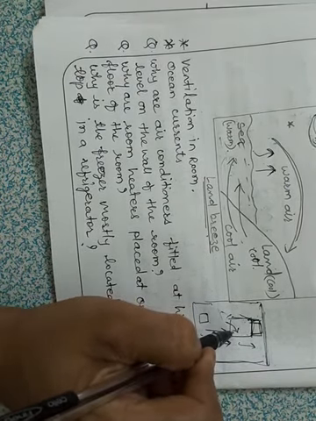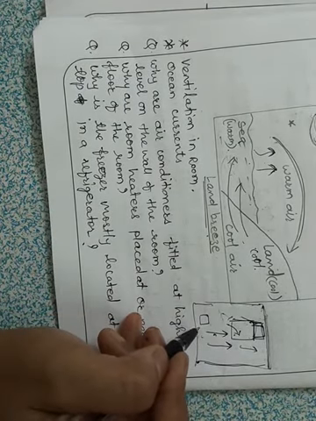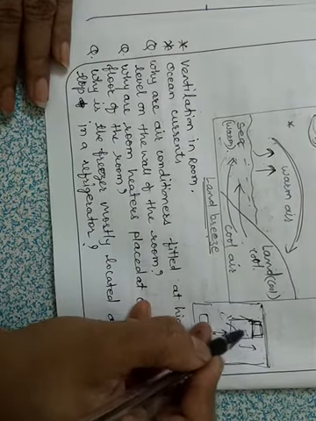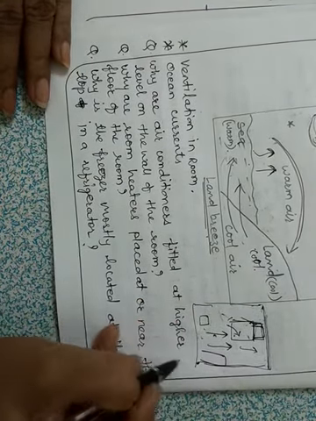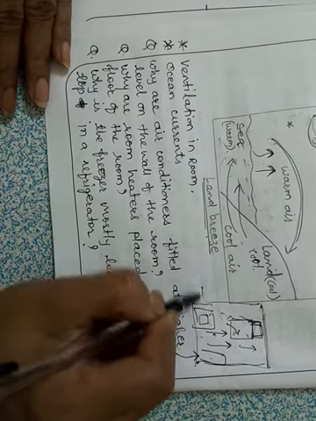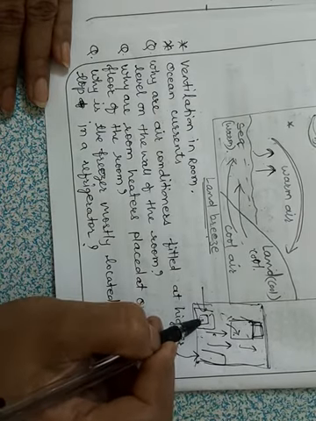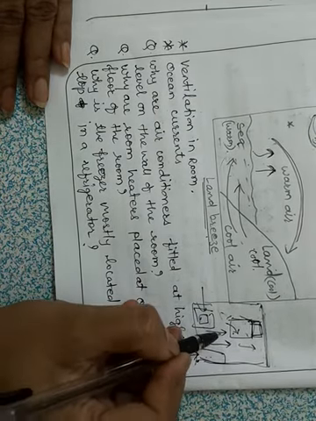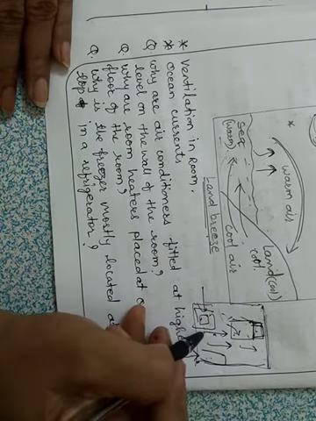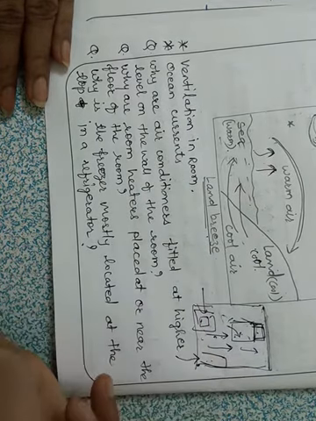So to make up for this, fresh air from the outside enters the room through the doors and windows. See, this warm air is moving outside through the ventilators and the cool air is coming inside from the doors and the windows. So cool air is coming inside the room from windows and doors, and the warm air is moving outside from the ventilators, because warm air always rises up and moves out from the ventilators.